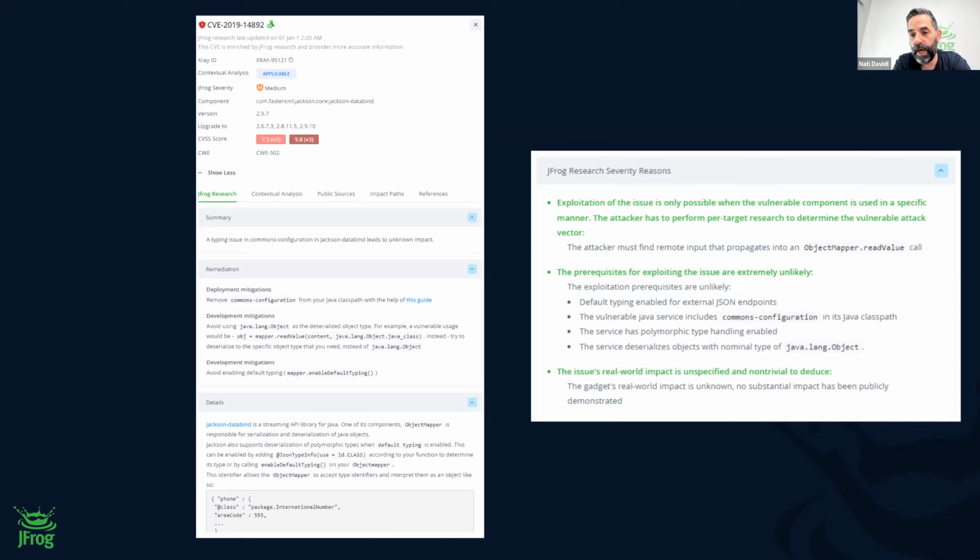Even more important is how to mitigate it, not in the regular manner of just upgrading your package or patching it, but in some cases using this function rather than the other function, or changing this specific configuration and rendering the CVE useless. And this structure is offered for all of the high-profile CVEs through Xray.